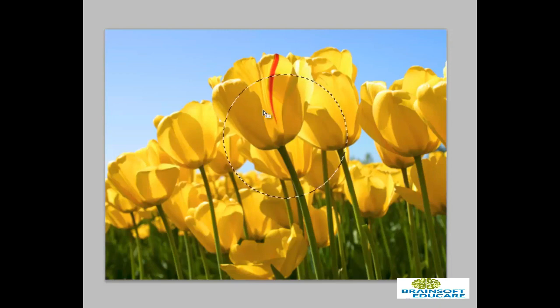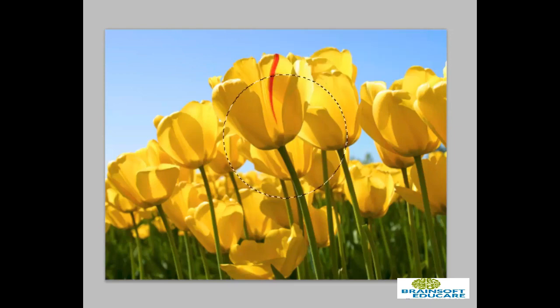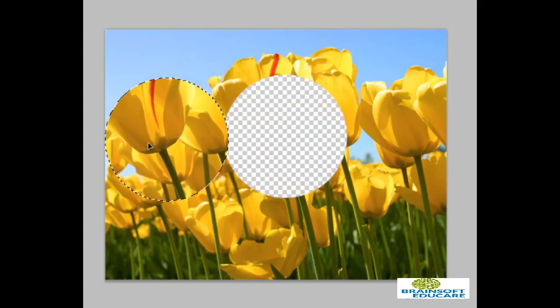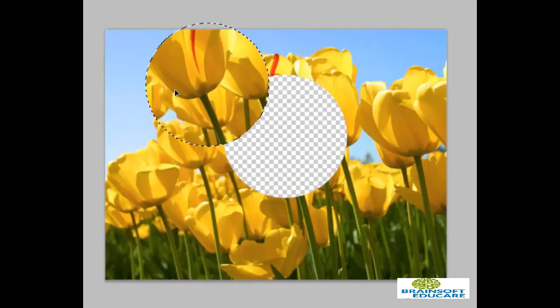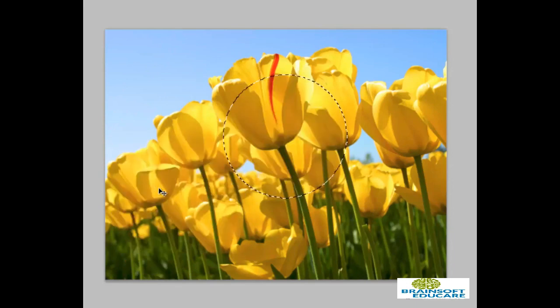For example, first let us select the move tool. We can left click, first select the layer, left click inside the selection and you can move your mouse to cut and move that particular selected area. Pressing Ctrl+Z,